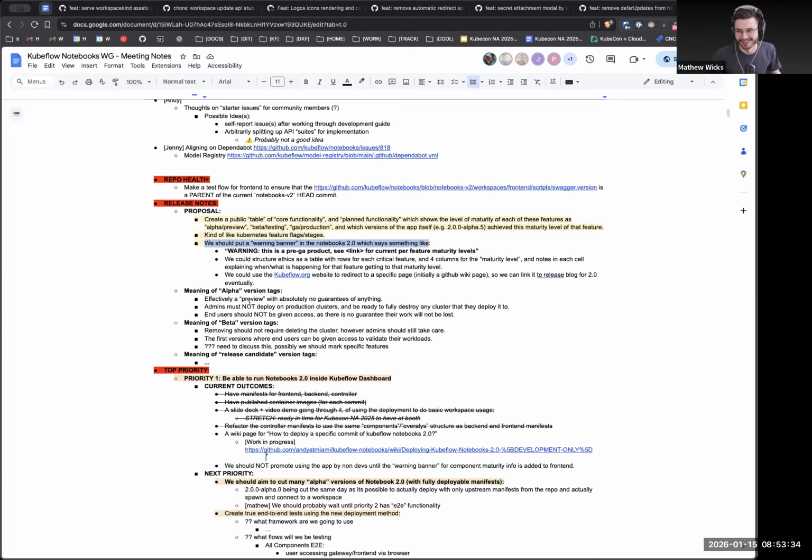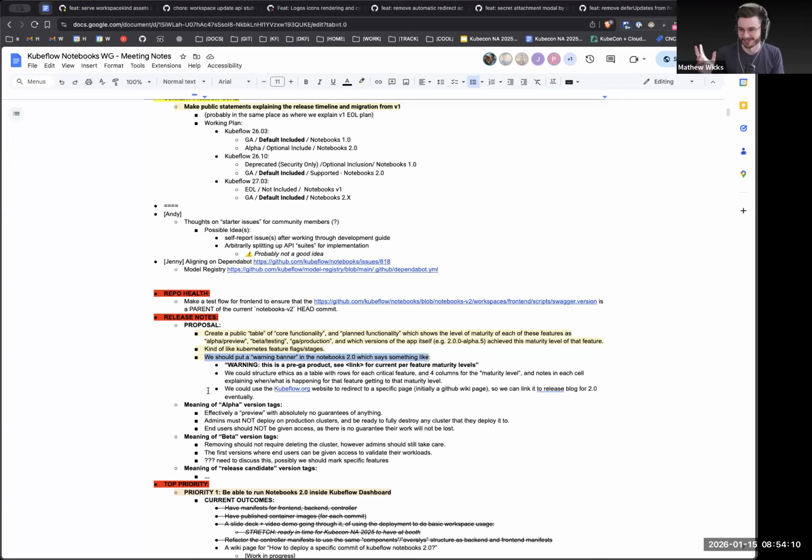That's, I guess, a question for you to think about. We just need to have a warning that links to a place which shows information. We just need a place which says, this is not a released version of Notebooks 2.0. This is not a production system. Don't use it. And click here to see the current state of the project, and then we just have a link to something. But if you have any ideas of how to do that in the least disruptive way possible, not to the user, but to the design of the front end, you know what I mean? Like, is it just injecting it at the root of the HTML, or, you know?